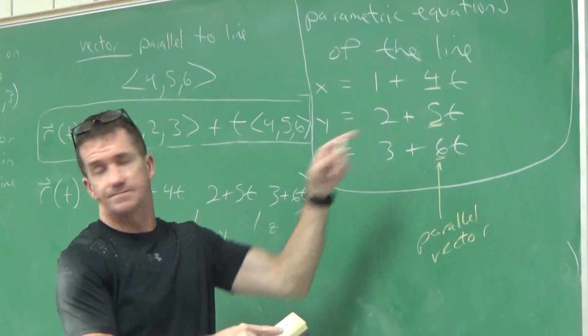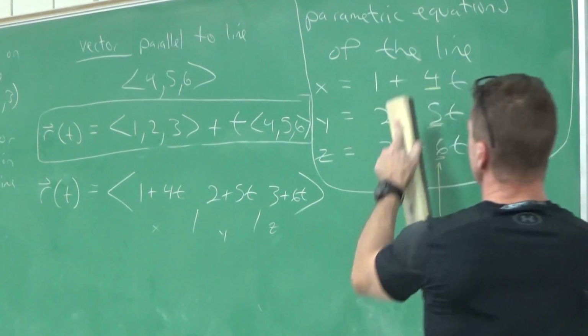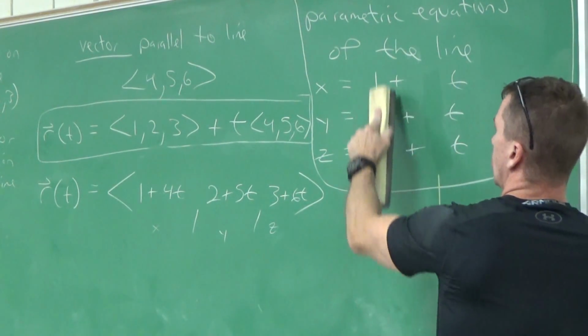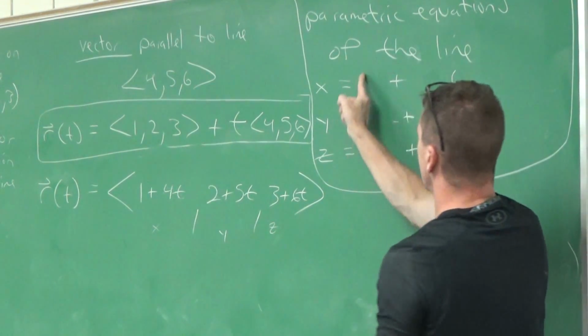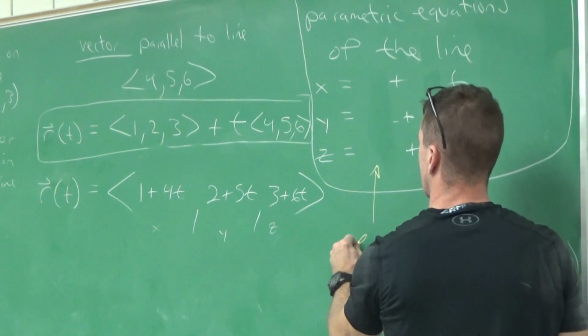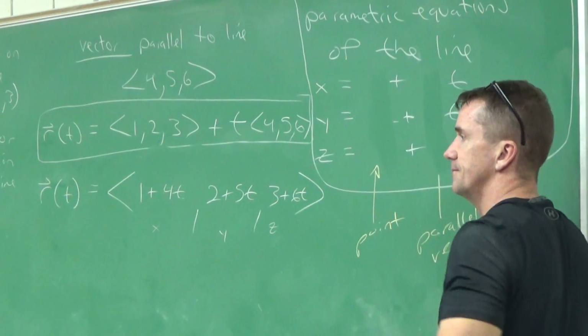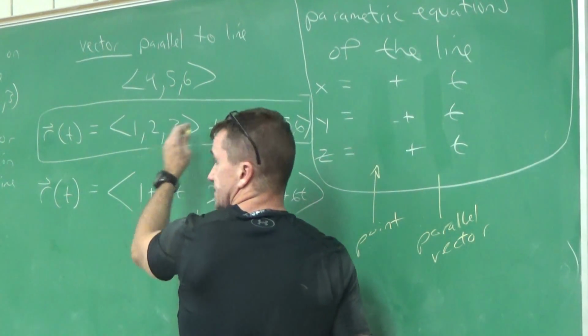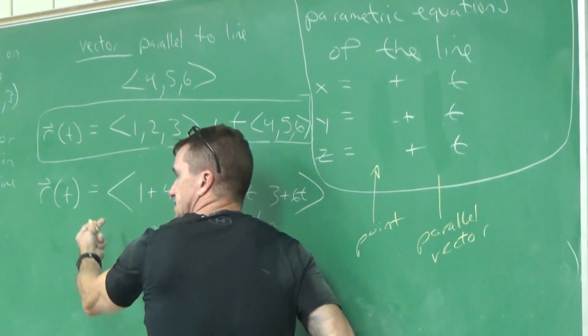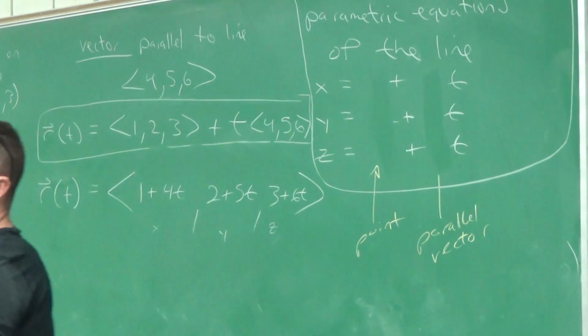Can I erase this? But at least this is always going to be there, right? Throughout our whole course, the parallel vector goes in front of those t's. What goes here? Just the what? Initial point. The 1 point. Yeah, just the point. So you can write it like this, but you can also write it like, in this case if you prefer, or you can write it as a vector. But it's according to the directions, right?